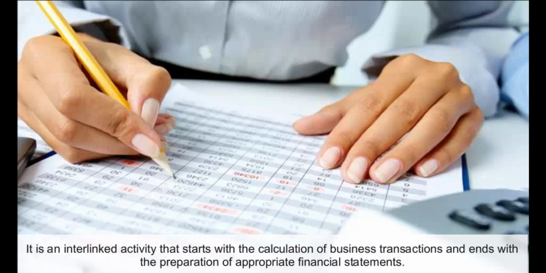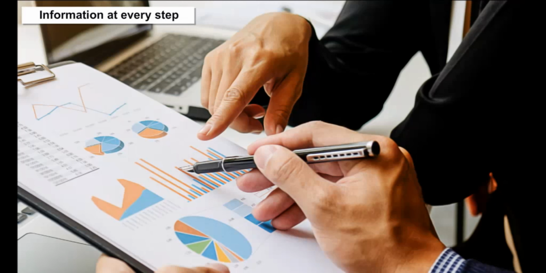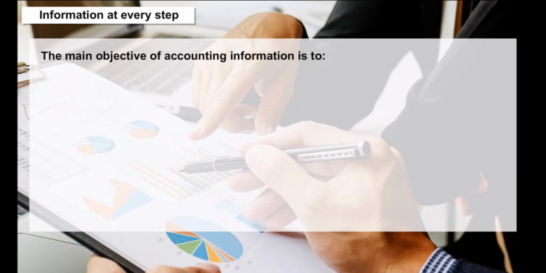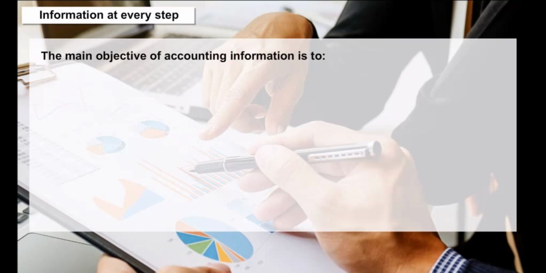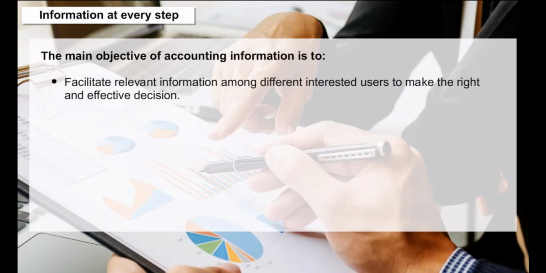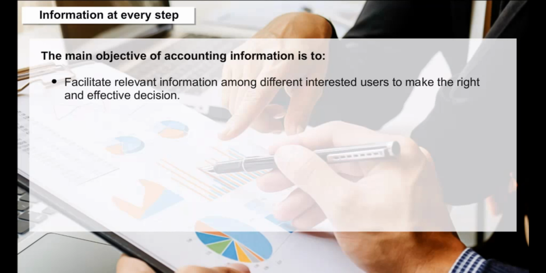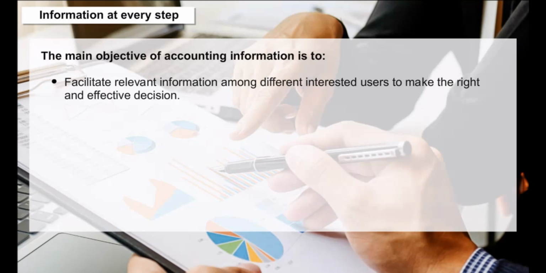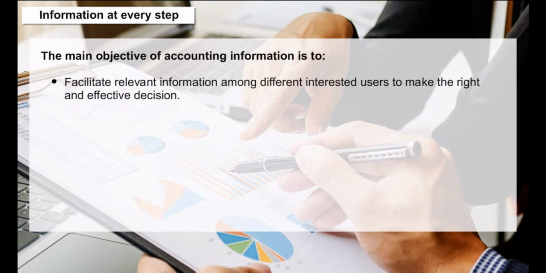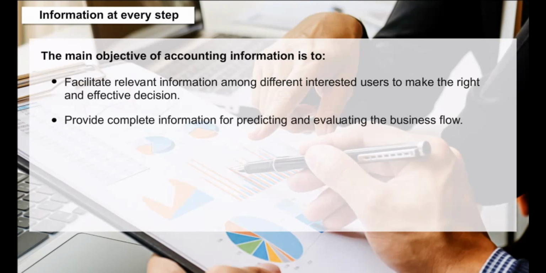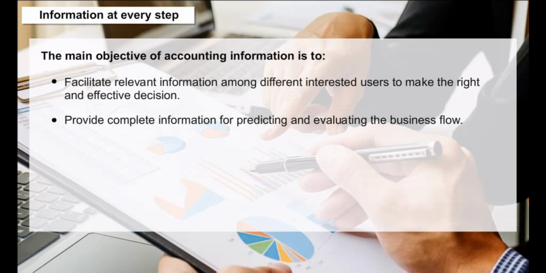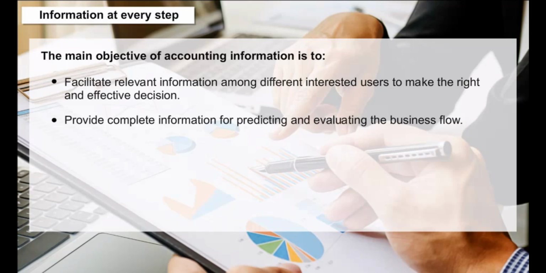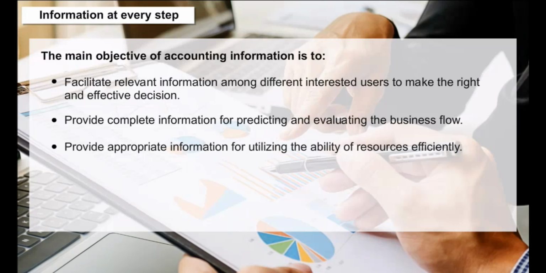Information at every step. The accounting process generates information at every step. The main objective of accounting information is to facilitate relevant information among different interested users to make the right and effective decisions, provide complete information for predicting and evaluating the business flow, provide appropriate